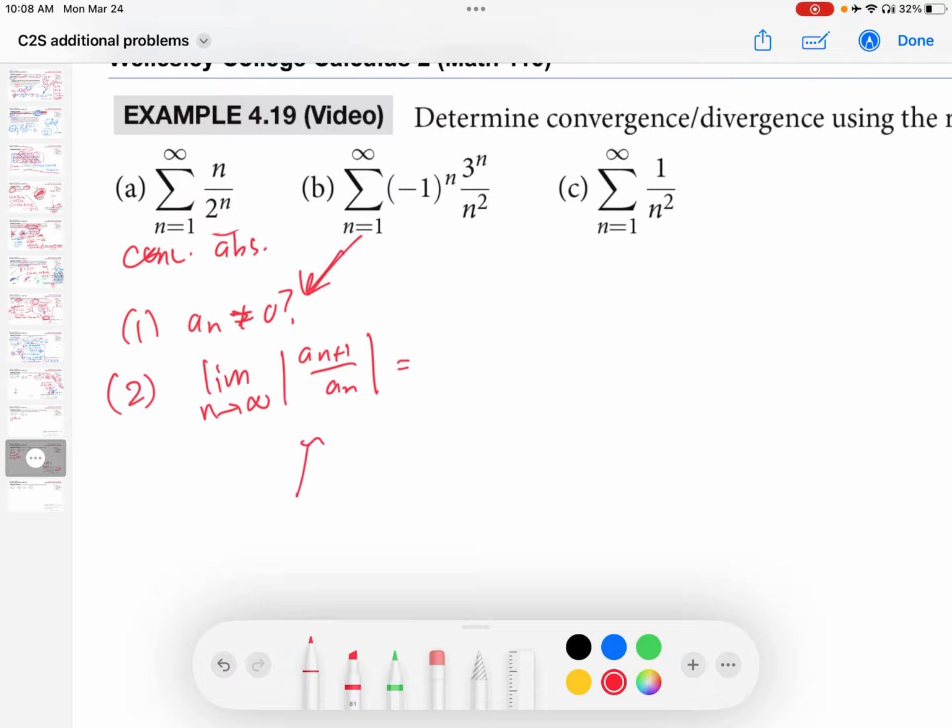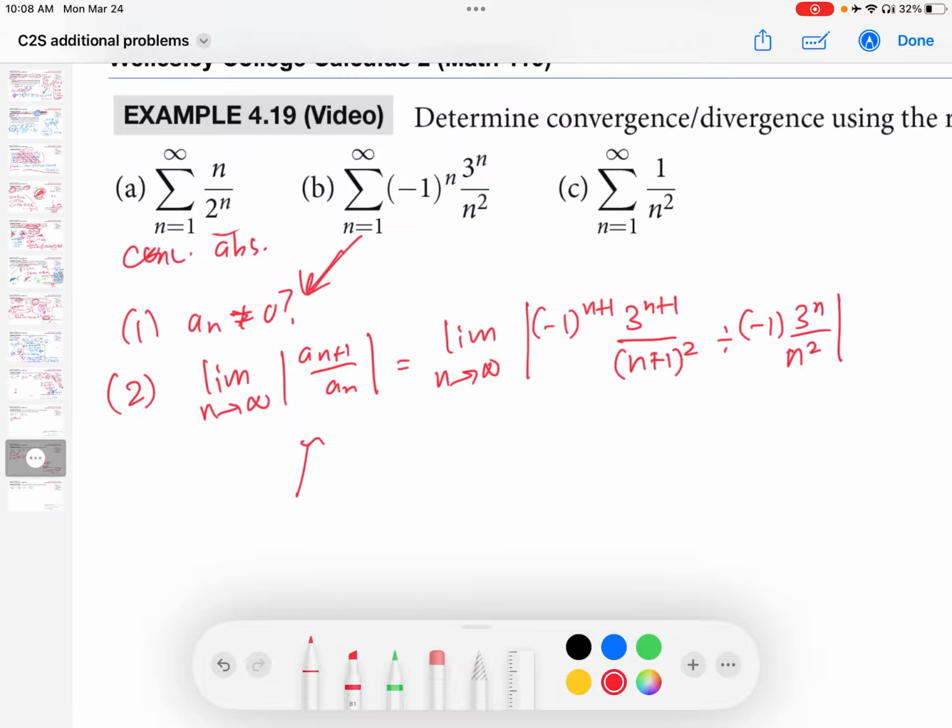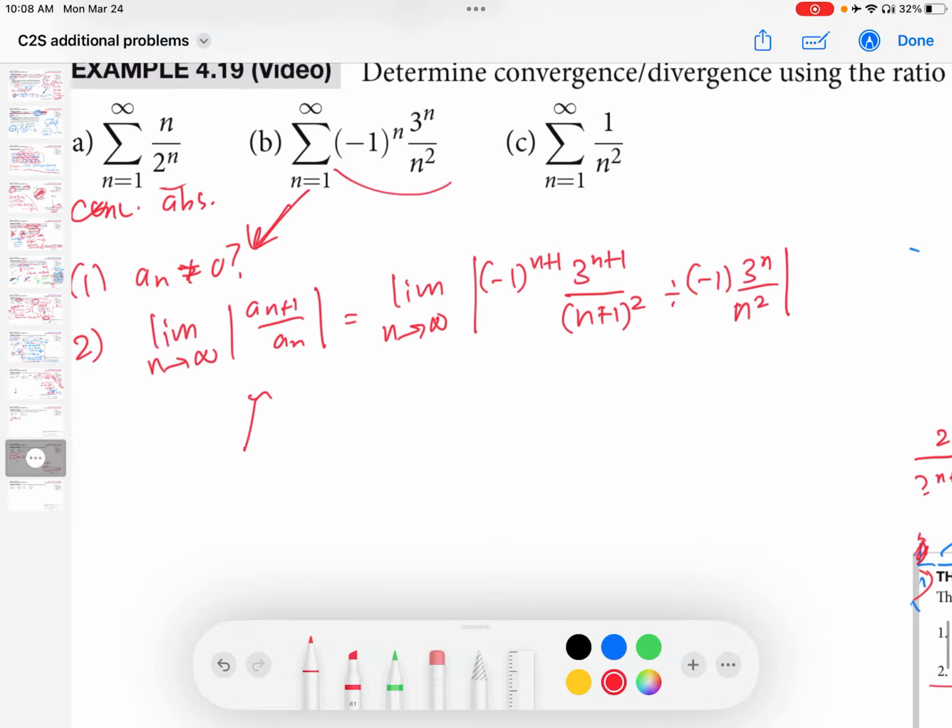And then here, I do need the absolute values. I'm going to put them in here, but I'm just going to show you. So n plus 1, everywhere I see an n, put an n plus 1 squared, and then divided by a sub n, which is the original terms in the series. I'm going to show you why. Basically, when you have an alternating series, you don't have to keep track of things so much with the negative ones, because